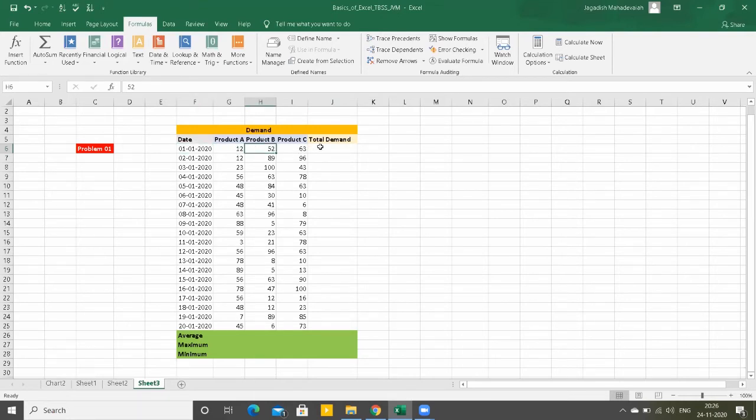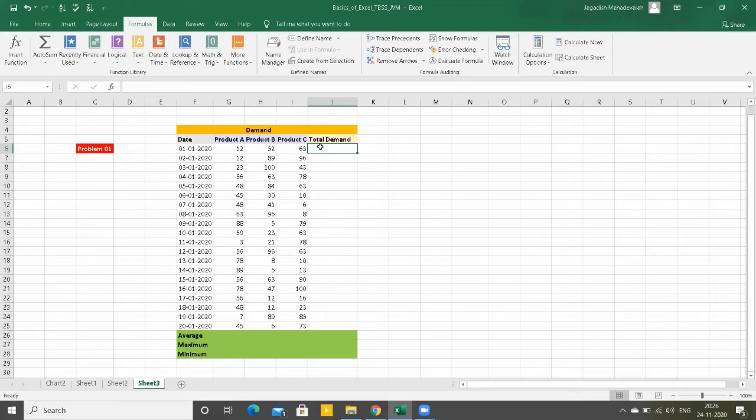So we need to find total demand, because as the manager or in charge of the godown or warehouse, you need to calculate, right? You need to have a figure of how many products are needed, how many products should I ship. All these things you need to know.